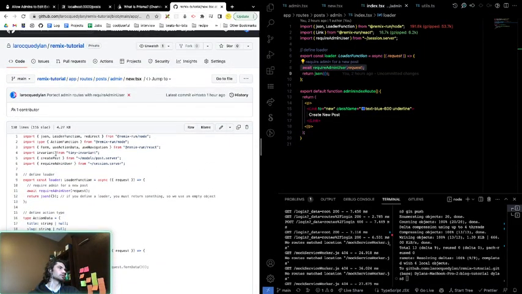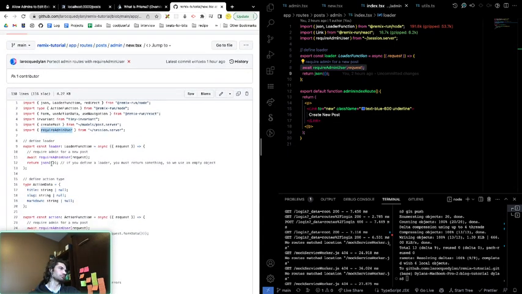Which sheet are we in right now? This is new. So what did we add here? Is it simply this one? Yeah. Okay. Yeah, so basically for the action and the loader, we just said, hey, run this function from